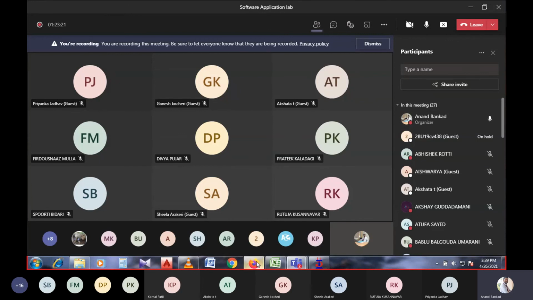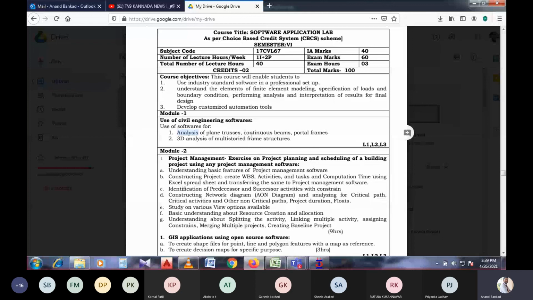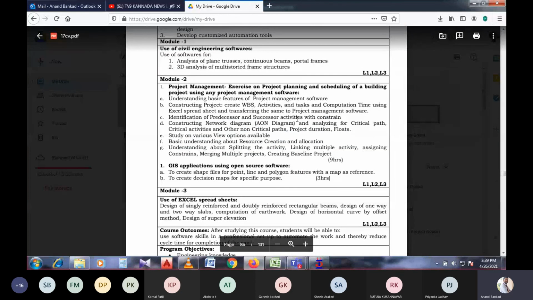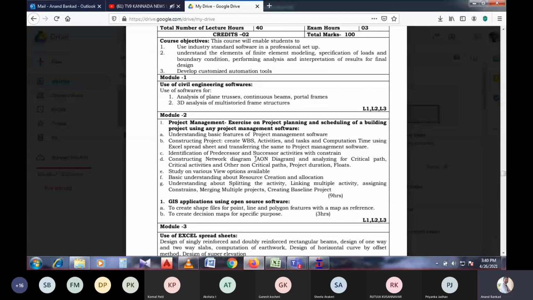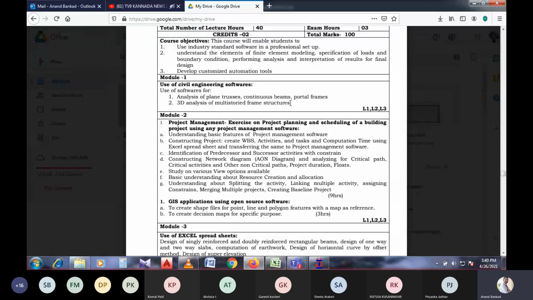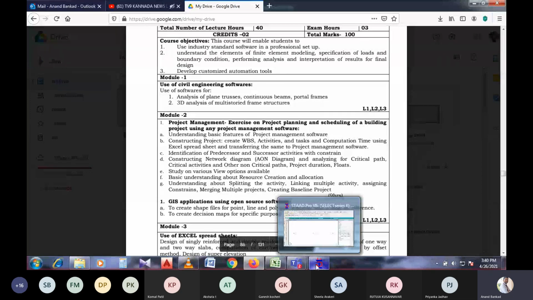Do remember that in your question paper, 40 marks will be carried by this StatPro software only, and the remaining marks will be divided 60-40. 60% of marks will be for module 1, and the remaining 40% will be for module 2 and module 3. The weightage is higher for module 1, that means for the StatPro software.